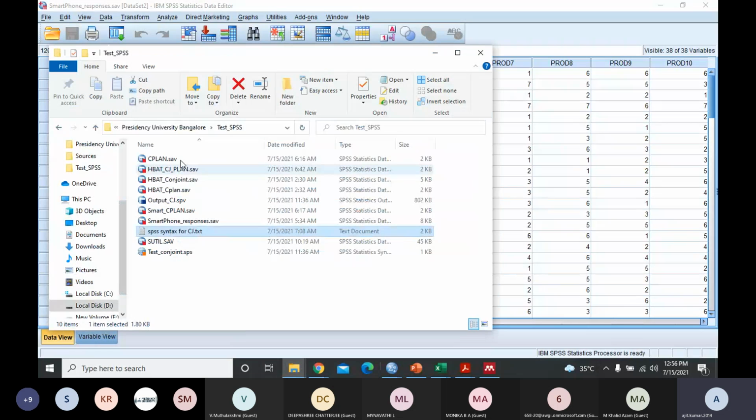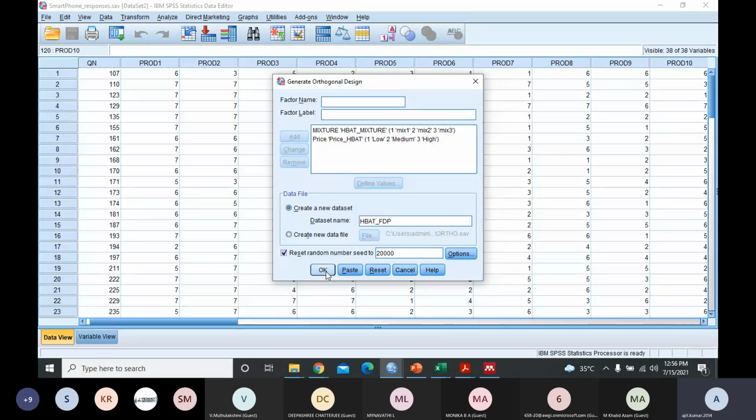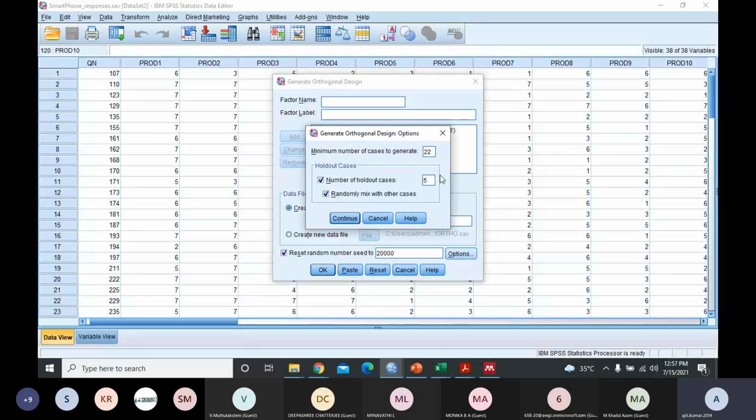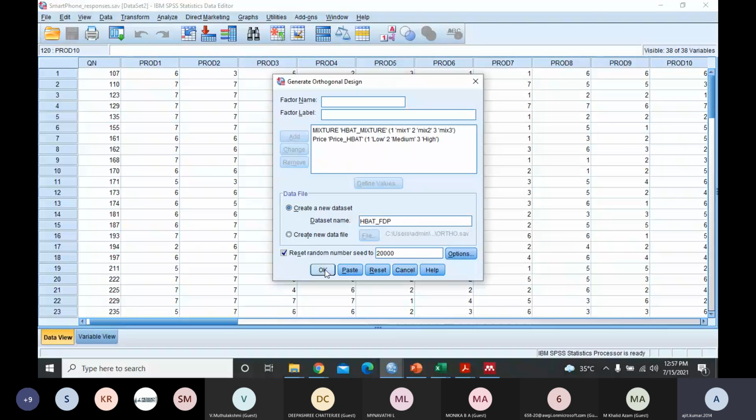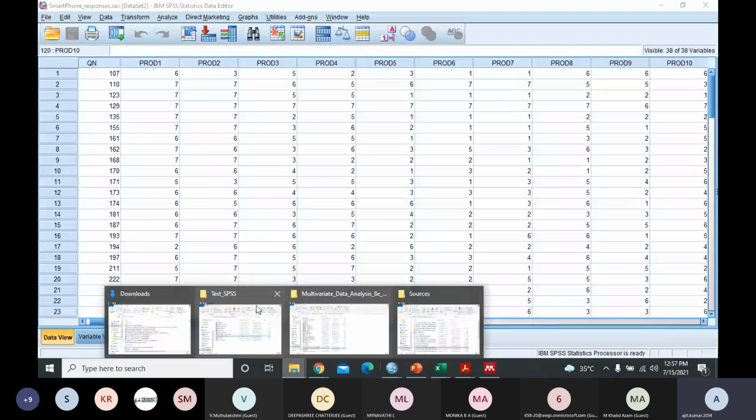I already created and kept one file for our reference. So maybe I can open this and tell you how it looks like. Once you click this OK with all these 5 factors and different values of levels and all these options, in this particular way, at least note down these things and do it. And once you click OK, it will generate a file, and I'll just show how it will look.